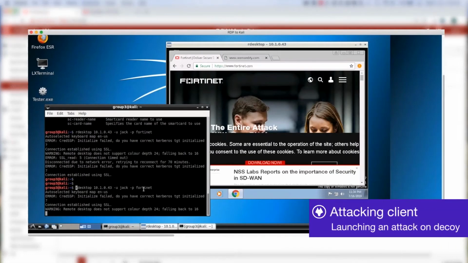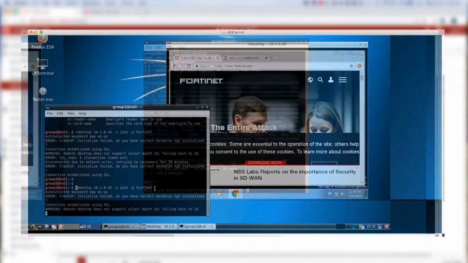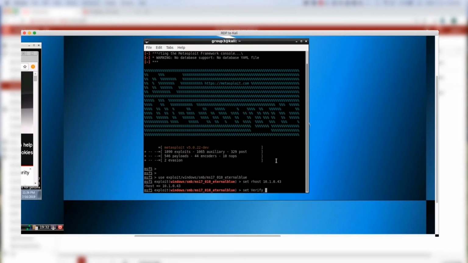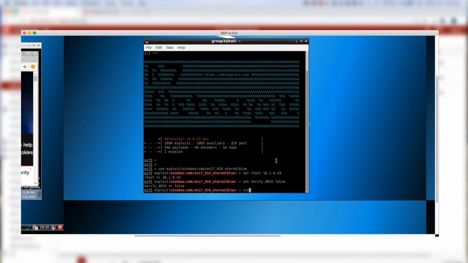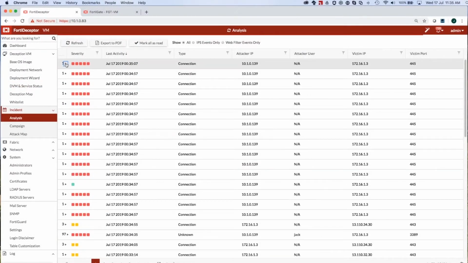The attacking client will RDP to the Windows decoy and will use the web browser to browse to various places on the internet. In the end, I will launch an attack on the network related to WannaCry ransomware. This attack exploits Windows SMB vulnerabilities. Let's run the attack. Now we can go back to the incident view in FortiDeceptor and take a look at